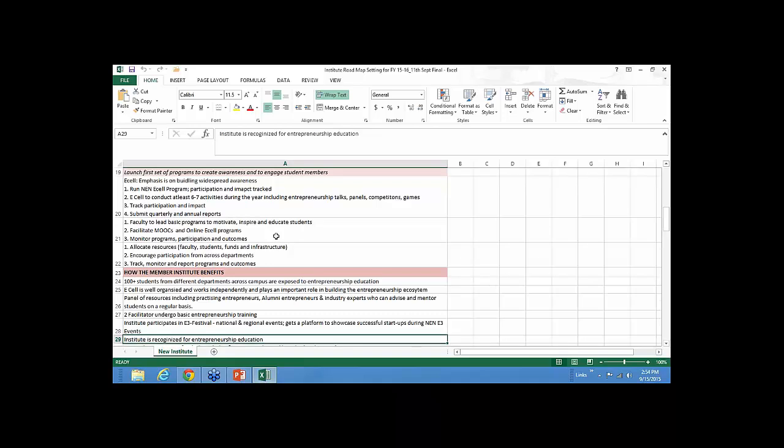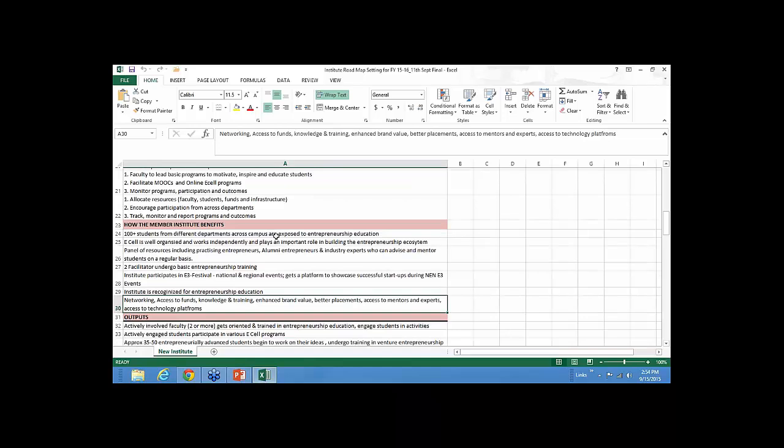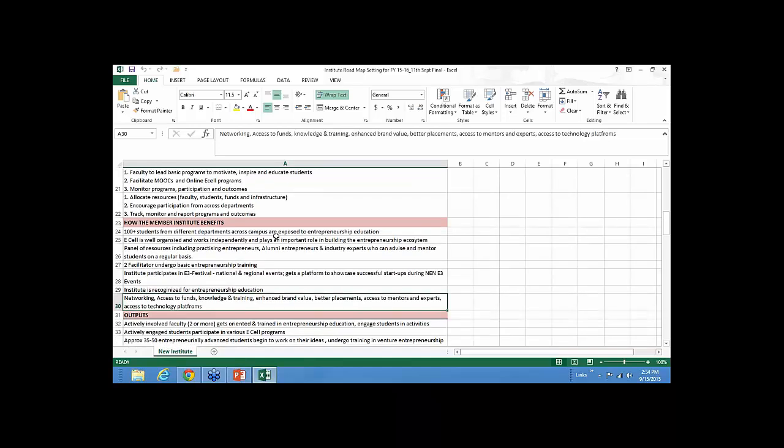Obviously, these days the government is playing a huge role, so there are a lot of funds available through the government, through partners. So if you do